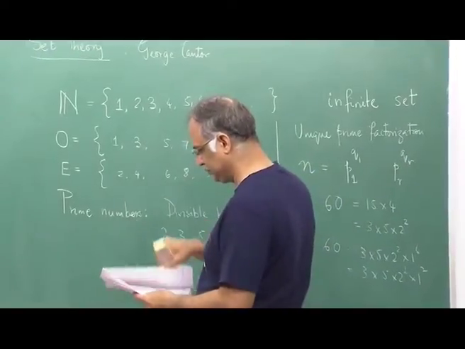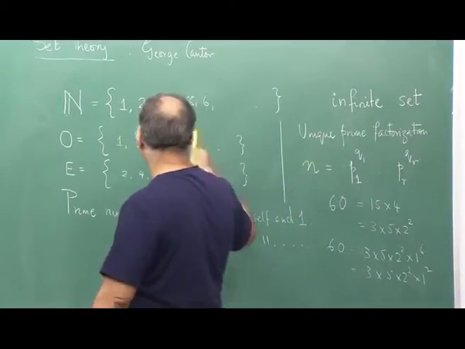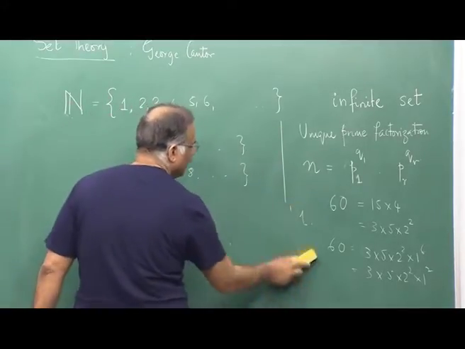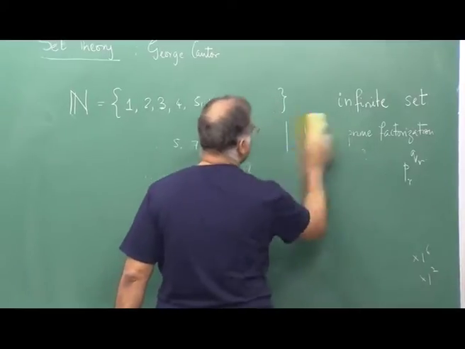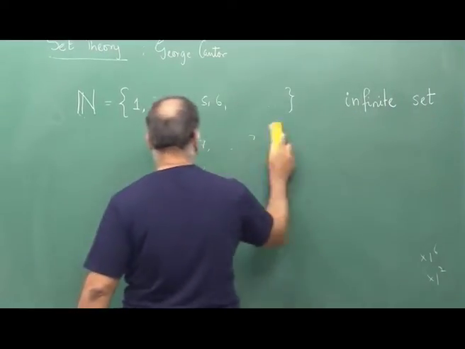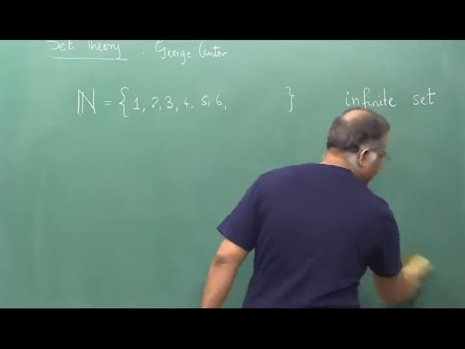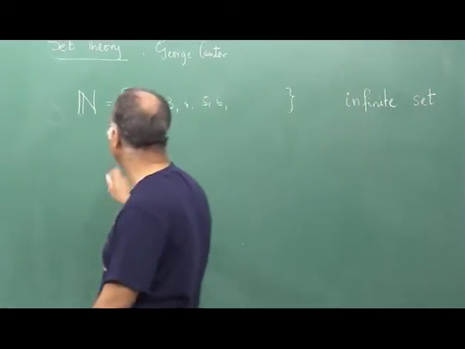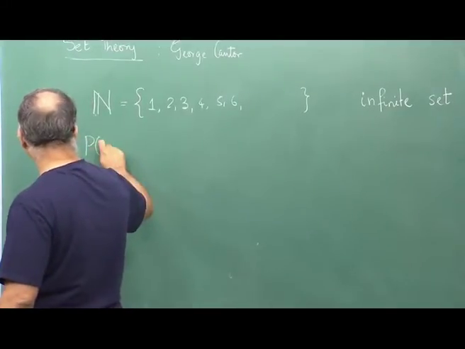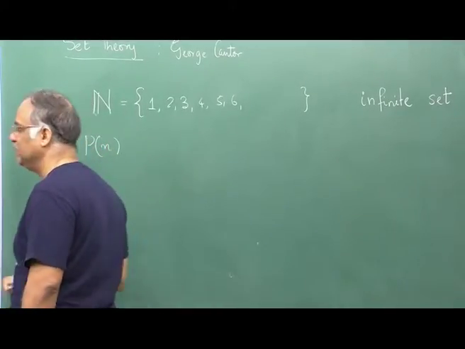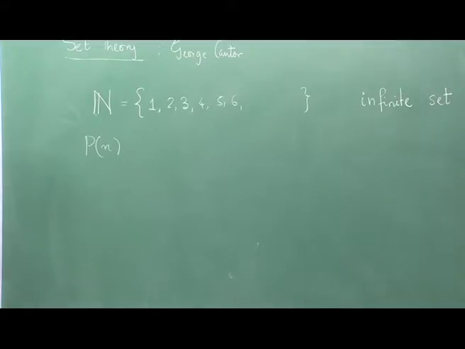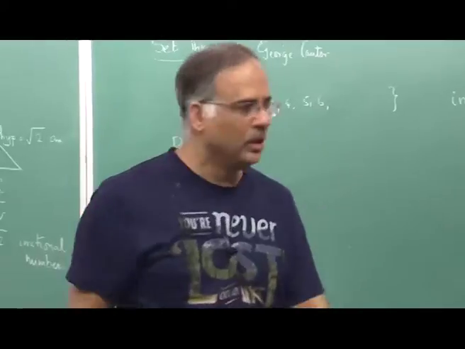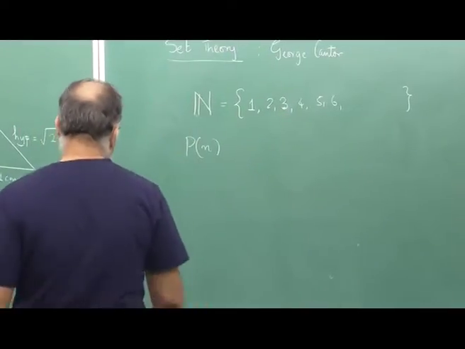And one of the important properties about natural numbers is that it allows something called the method of induction. So, what is a method of induction? Method of induction is the following, that if you have a mathematical statement involving the symbol n, so you have to decide whether the given statement is true or false. So, the method of induction says